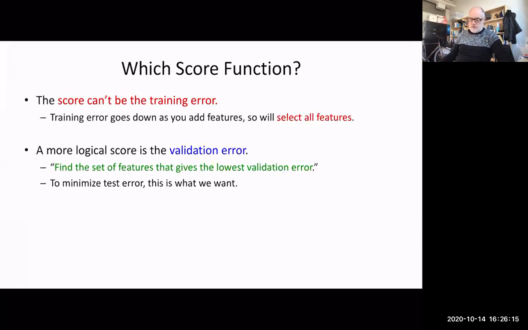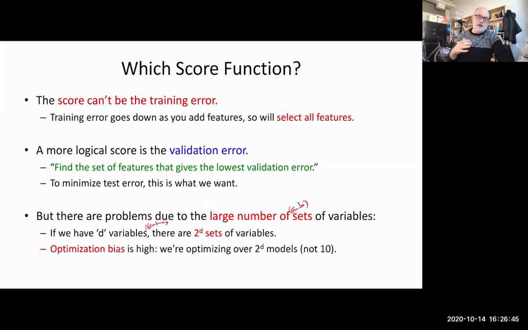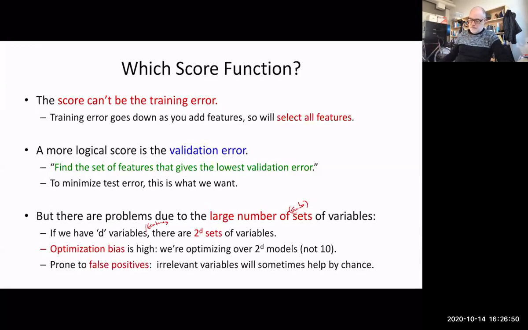A more logical score is the validation error. That would find the set of features that gives us less validation error to minimize the test error. This is what we want. But there are some problems, due to the large number of subsets of variables. If we have D variables or features, there are 2 to the D subsets of such variables. So the optimization bias will be high. We're optimizing over a very, very large number of models, 2 to the D models, not 10. And this means it'll be prone